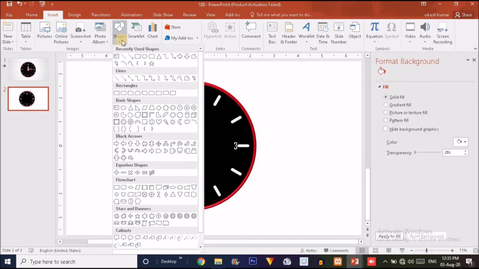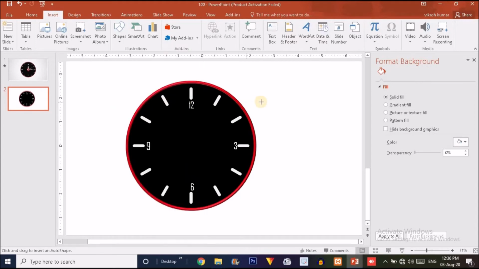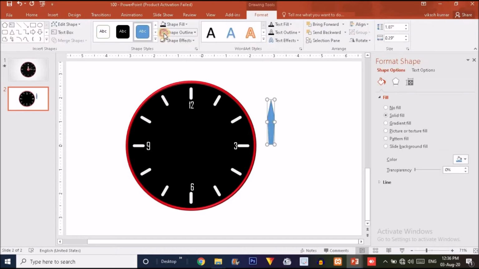Just click on that and choose a regular pentagon option over here. Just click on that and drag a regular pentagon like this. Now make it no outline.